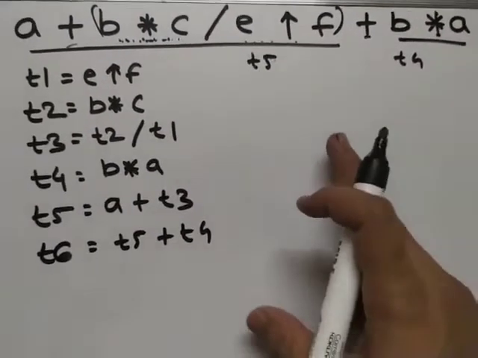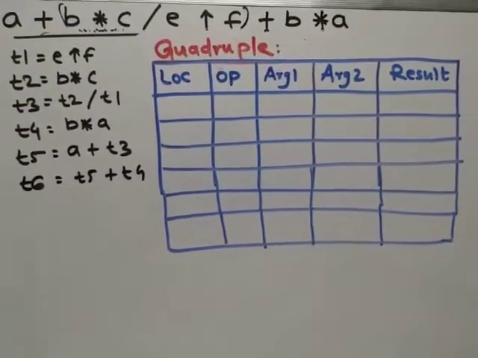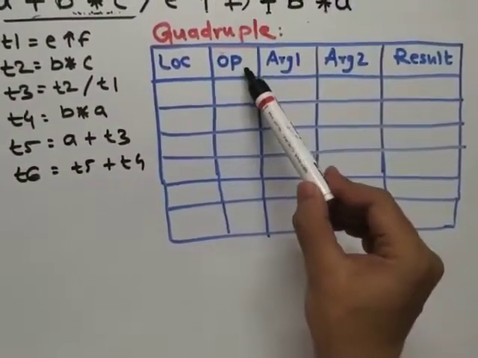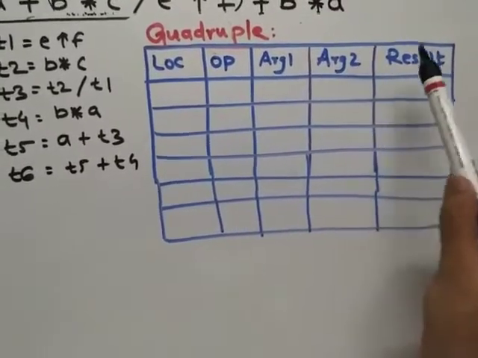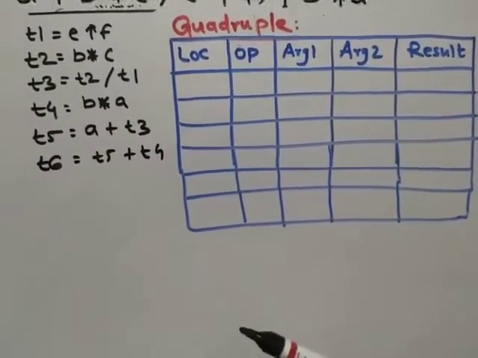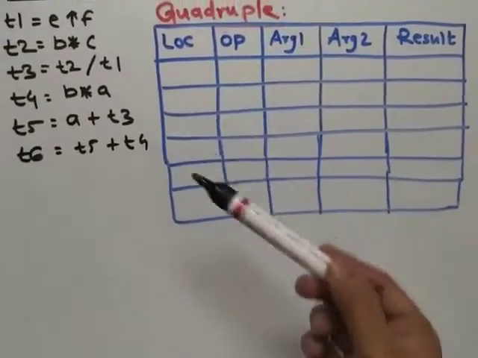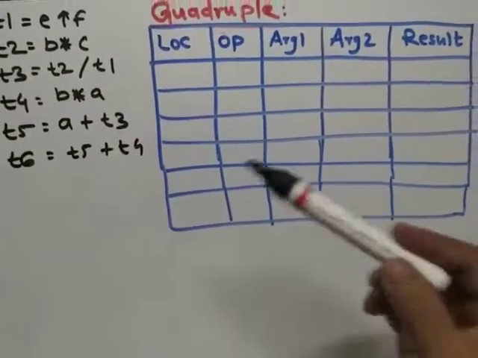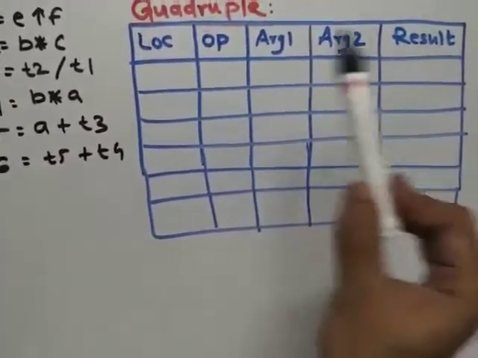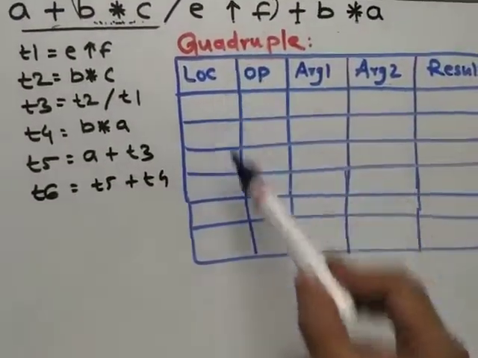Now from this we will be finding quadruple, triple and the indirect triple. Now let us find the quadruple for the given expression. So quadruple is having 4 major fields. First one is operator, then argument 1, argument 2 and the result. I have intentionally given the location, so that will help us in the next formation, that is in the triple and in the indirect triple. So location part is added and you also add that location column, but majorly quadruple, if you are asked to explain the quadruple, then only 4 major columns are there: operator, argument 1, argument 2 and result. Now for the sake of understanding the example, this location column is important.